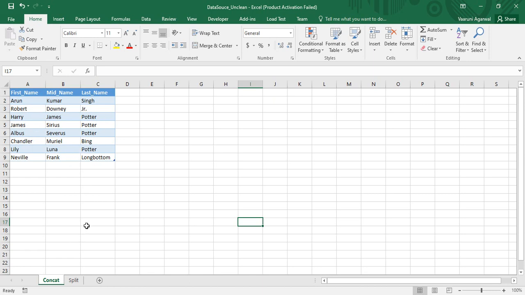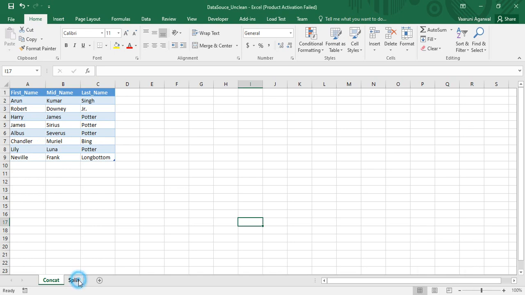No matter that all these columns are separated in Excel, when I import them in Power BI, I want to transform them into a single name column, which means I want only one column of name in which all these three columns, that is first name, mid name and last name, will be concatenated or merged together. This is what I'm intending to do with this data.